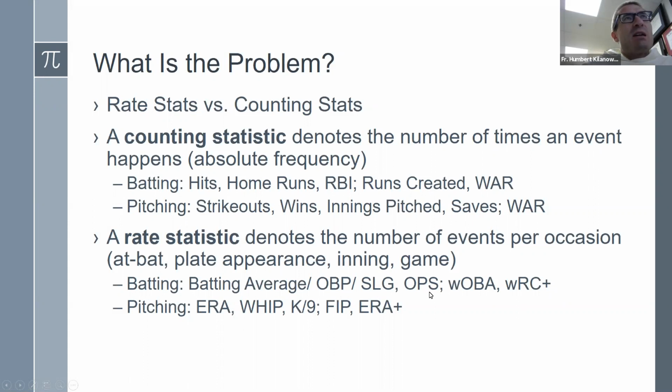OPS. Sometimes you'll use that as an overall measure for the effectiveness of a hitter, although it turns out not to be weighted properly. So weighted on-base average is an improvement over on-base plus slugging, another rate statistic. Weighted runs created plus, this is a way to normalize runs created compared to the league average. So this is a way to compare, it's a rate statistic to compare a player to the rest of the